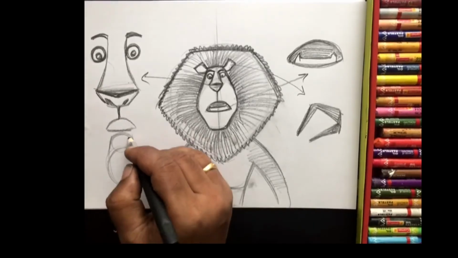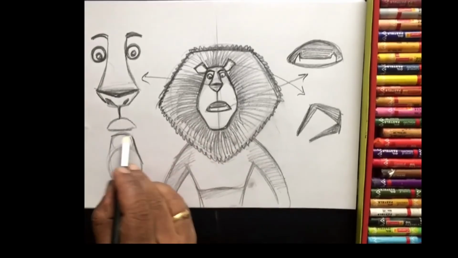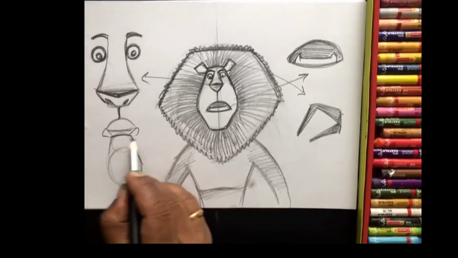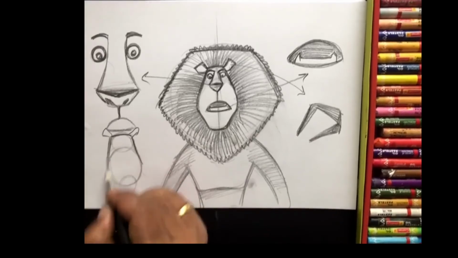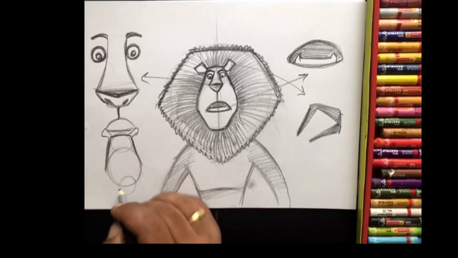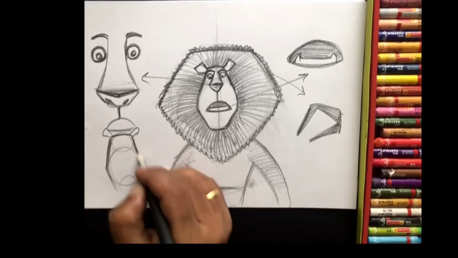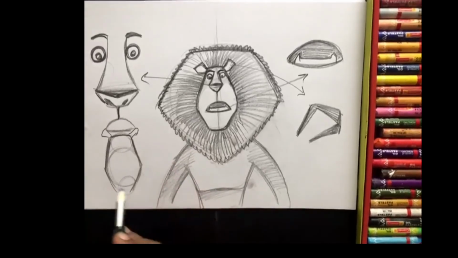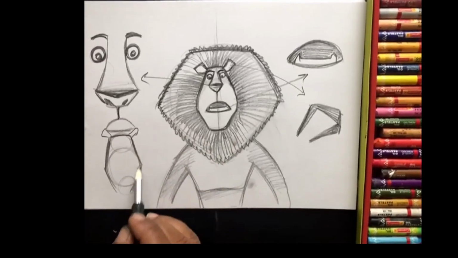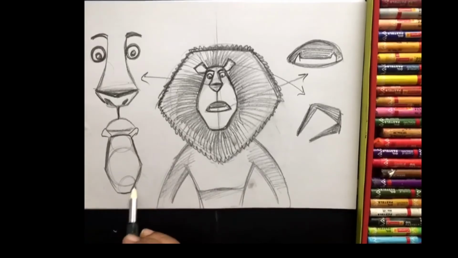You can do one circle. So this is basically the shape of Alex. Okay, like this. This part is like this.